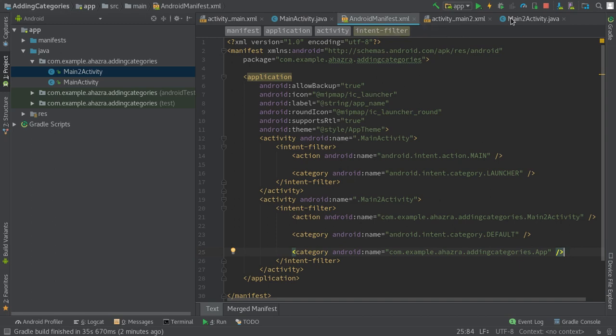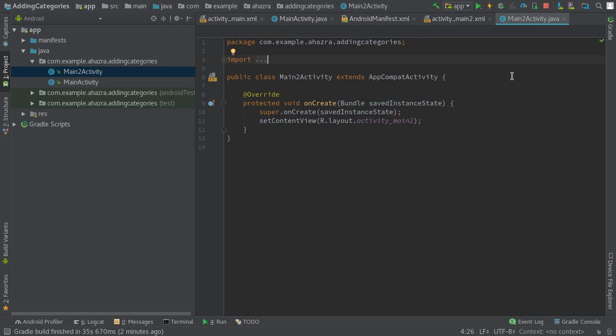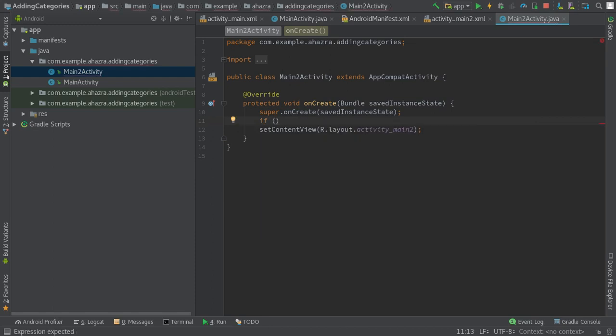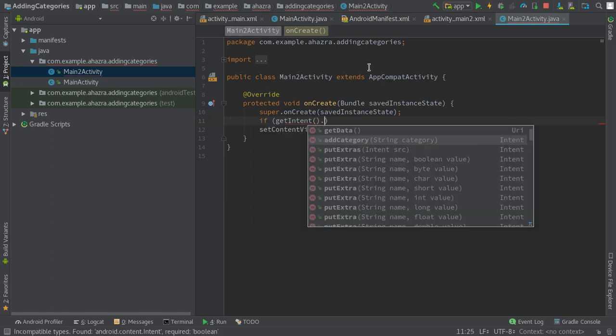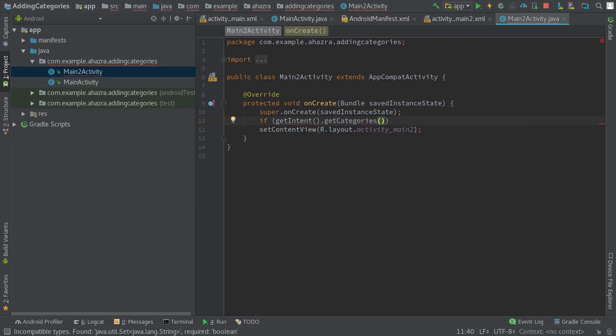So I am going to move to my second activity here. I am going to add a condition here to load our design interface, that is, this activity receives the intent from the first activity by using the getIntent method, and this activity can use the category of that intent by the method getCategories, and I am converting these categories into string format by using the method toString, and